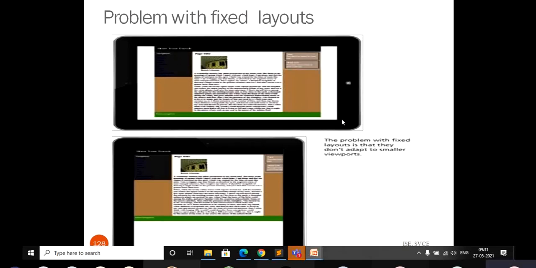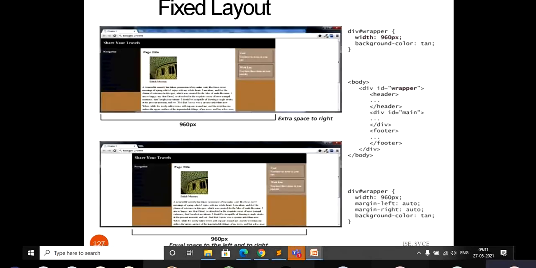You are going to fix the layout size, whatever window size you use. Most of the time we use all different types of devices. So when I use a fixed layout, there may be white space left between the left and right or at the bottom. Here the window size is 960 pixels. You can check this. I will show the output for this.